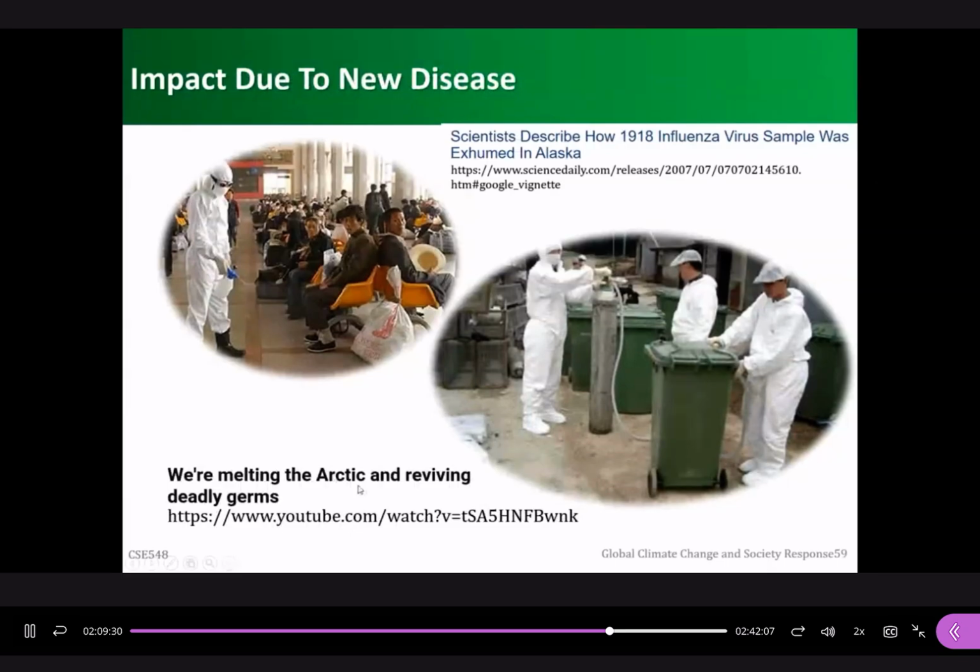This is mainly about the Arctic area, the melting of the soil there. The melting will release new viruses or germs to human society. So here is an example to show how scientists recovered the influenza virus from the Arctic, from the Alaska area. Because the region there is very cold, the cold temperature can protect the DNA or the RNA of the viruses. So the scientists detected some pieces of the influenza virus RNA in the dead people there, buried in the ice. If you want to know more information, you can see this video here.